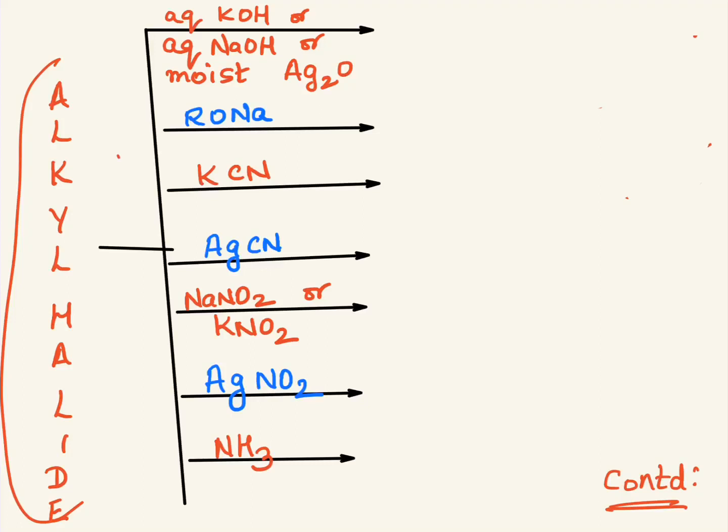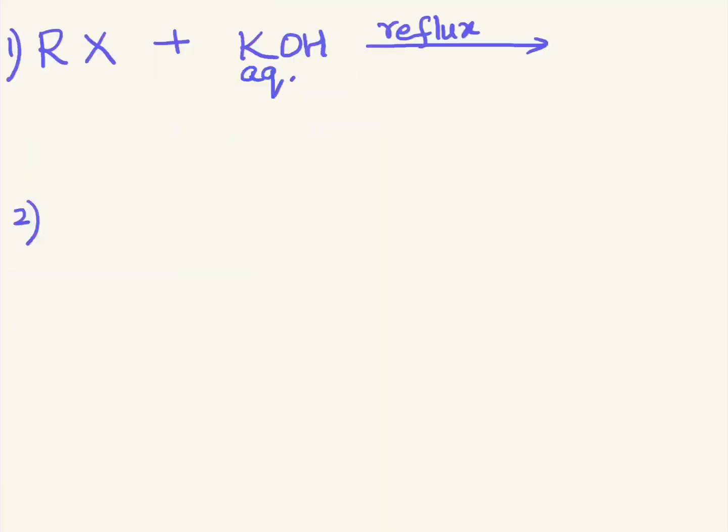So alkyl halide, when it reacts with aqueous KOH. Alkyl halide when it reacts with sodium alkoxide. Let's start writing the reactions, right? Then you'll understand how to use this flow chart. So you see the first reaction that we are saying is alkyl halide plus aqueous KOH or aqueous NaOH. They play the same role, and you can also take moist silver oxide. So the first reaction we are writing over here, alkyl halide with KOH. Simple, make the box is what you are interested in, right? So you have ROH over here and KX.